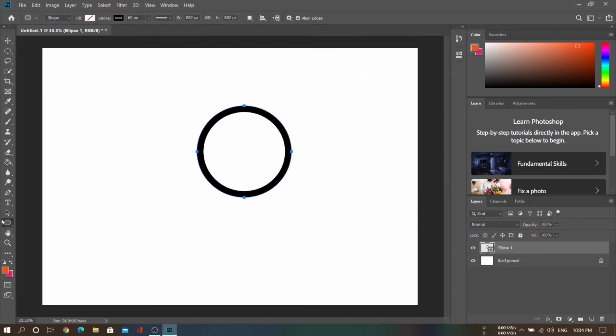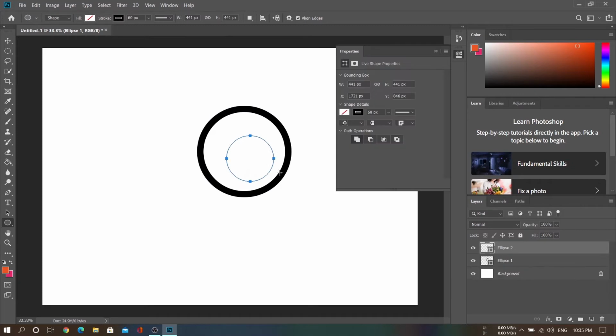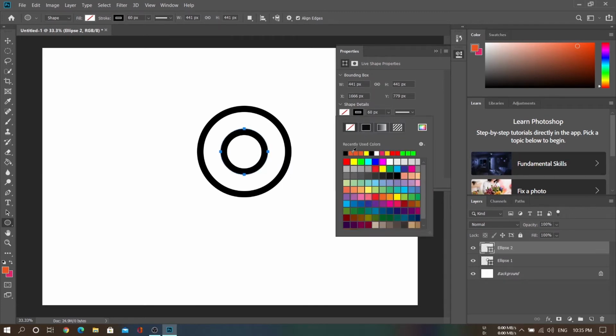Now we are going to draw another circle inside it. We are going to place it in the center. We are going to fill this with the color blue.